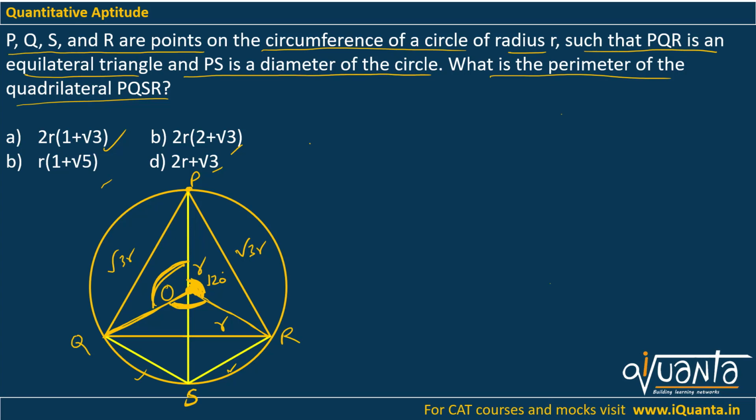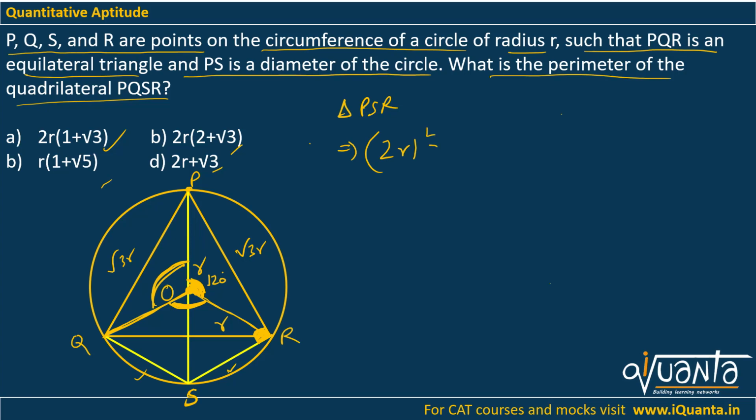Now how can you find out SR? A few days ago I told you a theorem in which I said that the angle formed in a semicircle is always 90 degrees. So this angle R over here should be equal to 90 degrees, because we have taken PS as the diameter and we have found angle R on the circumference of the circle, which means that this is the angle in the semicircle. It will be equal to 90 degrees. Since it is a 90 degree angle, I can apply Pythagoras theorem on the triangle PSR. The hypotenuse will be the diameter, because opposite to the 90-degree angle we have the hypotenuse. So PS will be equal to 2R because it's the diameter.